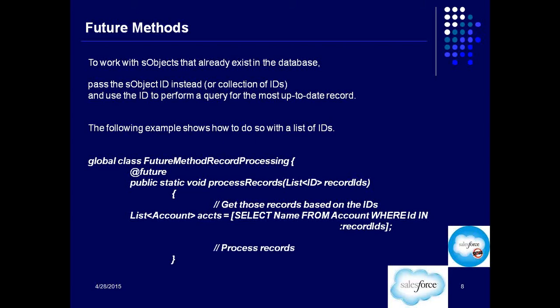Got it? Please let me know if you have any questions or doubts here. So that's about future methods. A future method can be any method which is void. So make sure that you are using a void method, no page reference and no get method and stuff like that. It has to be a void method, and these void methods can work with buttons also, so there's no problem at all with that. All right, so that's about future methods.